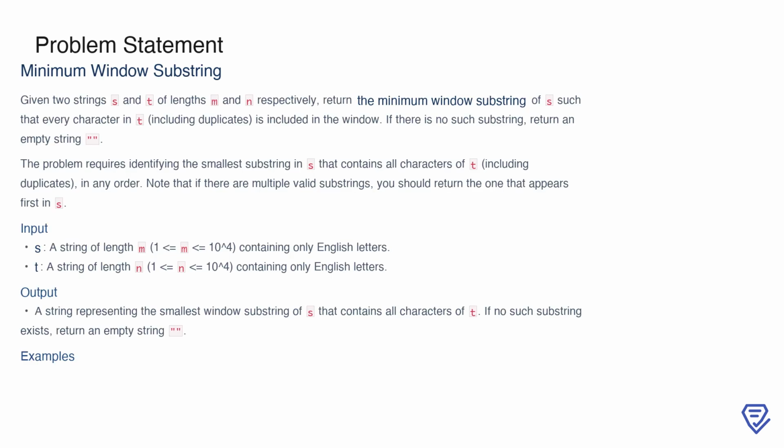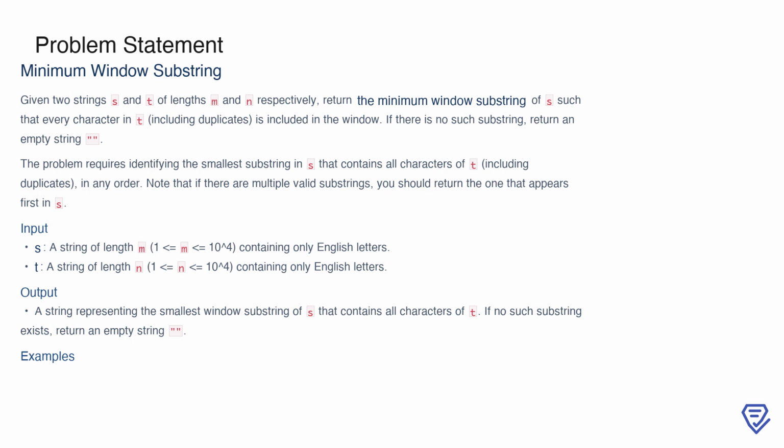This problem challenges us to find the smallest substring in the string S that contains all the characters of string T, including duplicates, in any order. If such a substring doesn't exist, we simply return an empty string. For example, if T contains the character A twice, the substring in S must also include two occurrences of A